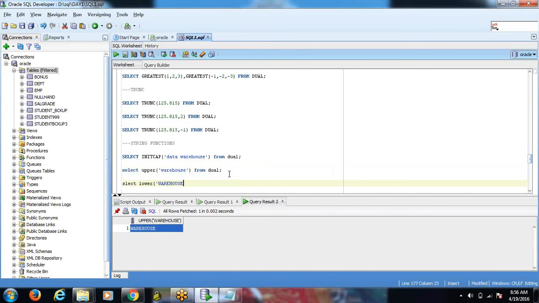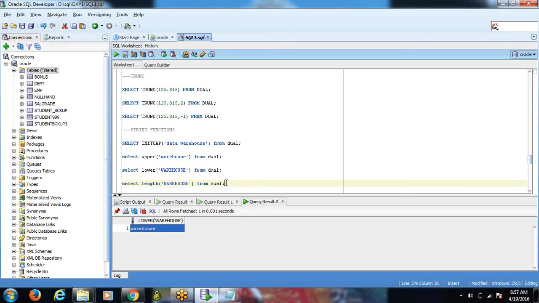Okay, suppose I want to find the length, how many characters are there in the particular string given. Length of the string: 1, 2, 3, 4, 5, 6, 7, 8, 9 characters are there, right?